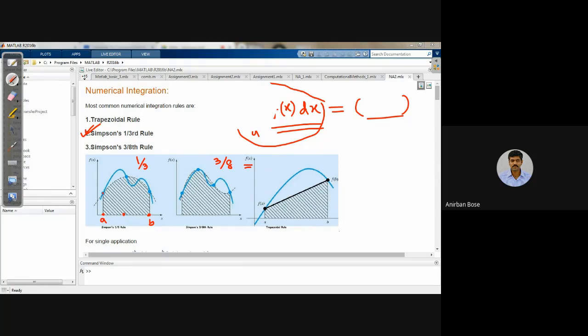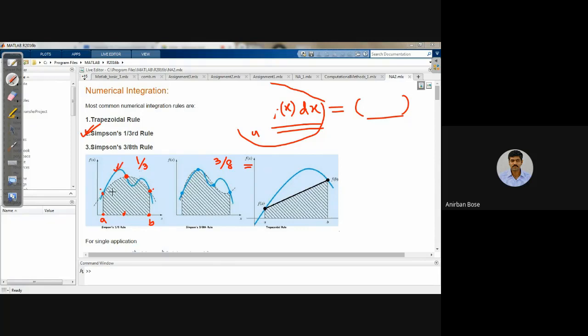We take 3 equidistant points from a to b: a and b are two points, and the midpoint is another point. So through these 3 points on the curve,